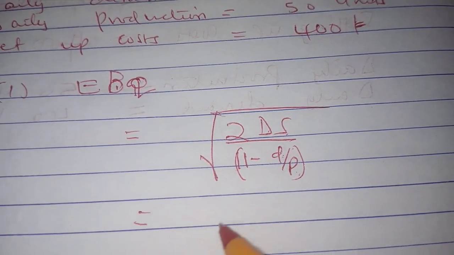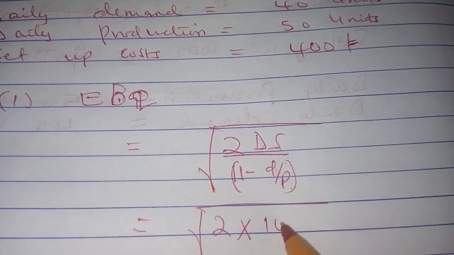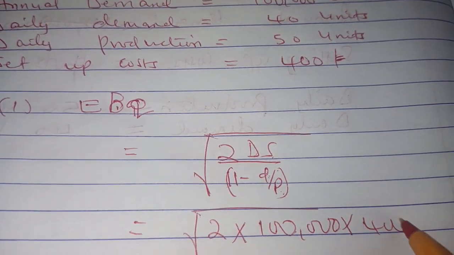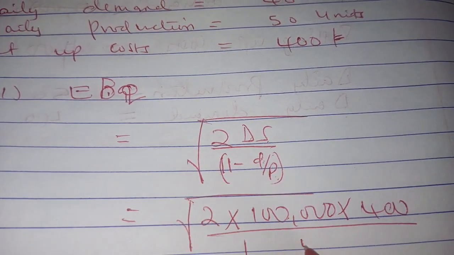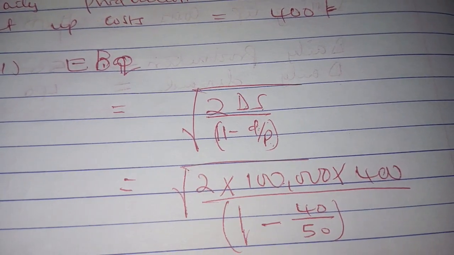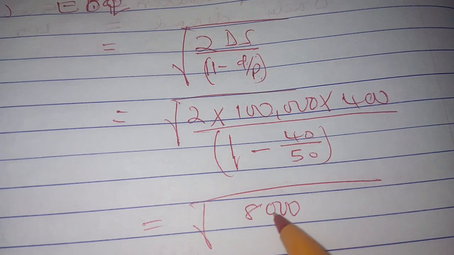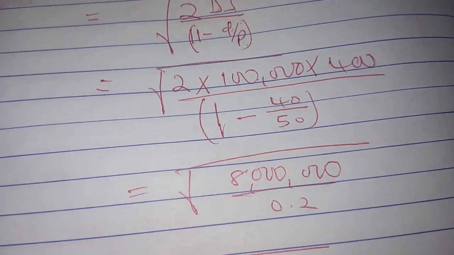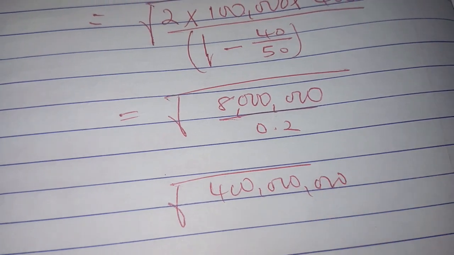Therefore, we shall insert our figures and we shall say this should be the square root of 2 multiplied by the demand, which is 100,000, and then we also multiply with 400 as our setup cost, and then we shall divide by 1 minus d over p. d is 40 per day, and p is 50 per day. This now becomes the square root of 8 million divided by 0.2, and this gives me the square root of 400 million, and that gives me